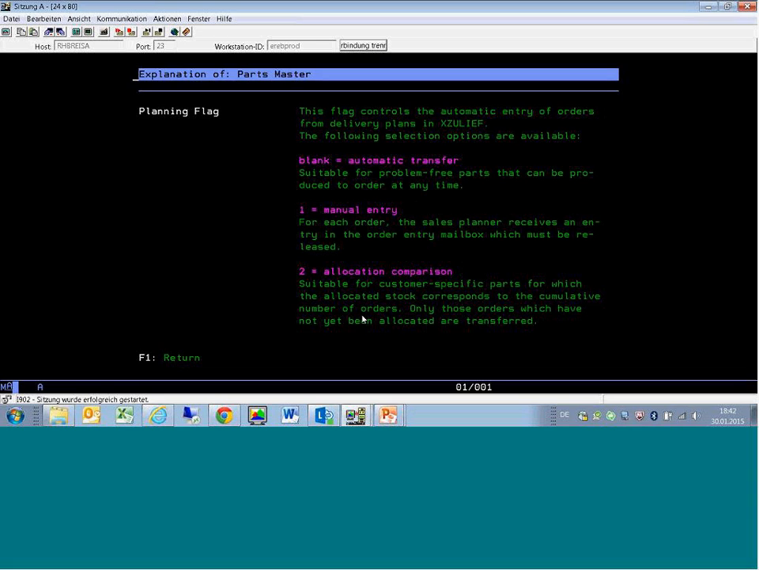In XSULIS, which is the name of our module in sales for automotive, the following selections are available. Blank means it's an automatic transfer. What does it mean? This means that when I get a customer order, it is automatically transferred for the calculation of the requirements. If you choose a manual entry, this means you get a customer order and first you have to confirm it